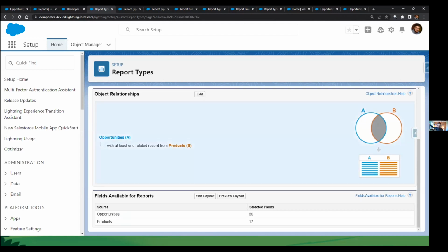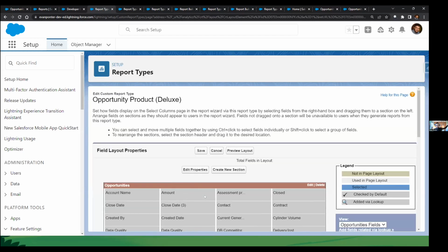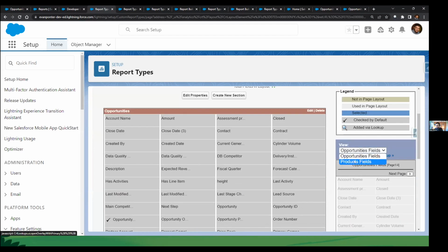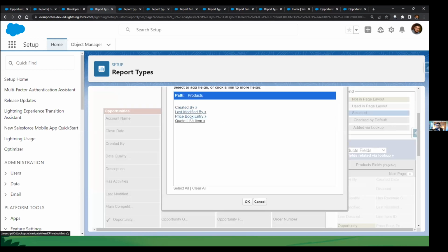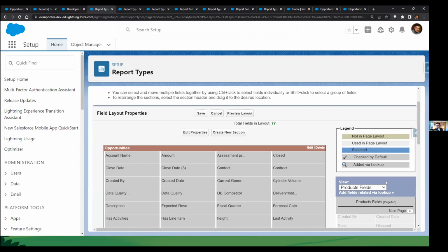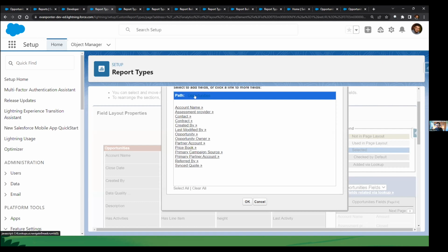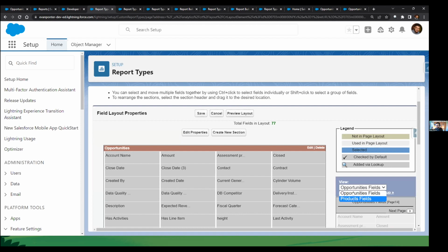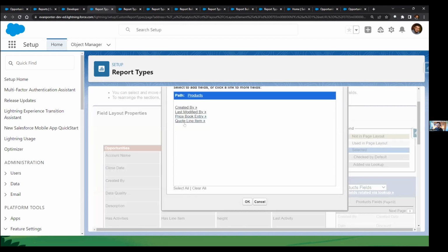So we can get all the product information going up through those relationships, or we can get account information, account owner, created by, all of that wonderful stuff via the products relationships. So I'll show you that real quick. Once you have more than one object, you will see options for each one in the report type layout editor. So you can choose which one you want to start from in order to add some related fields. So this allows you to traverse those opportunity relationships,